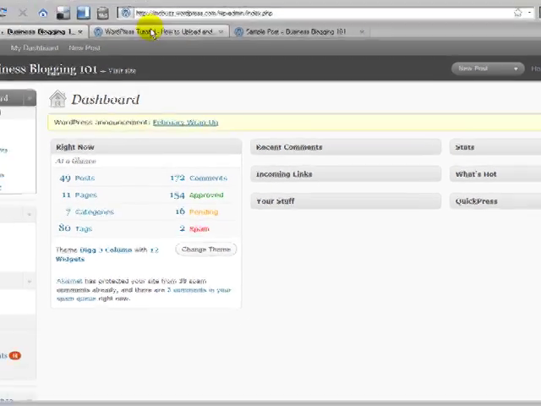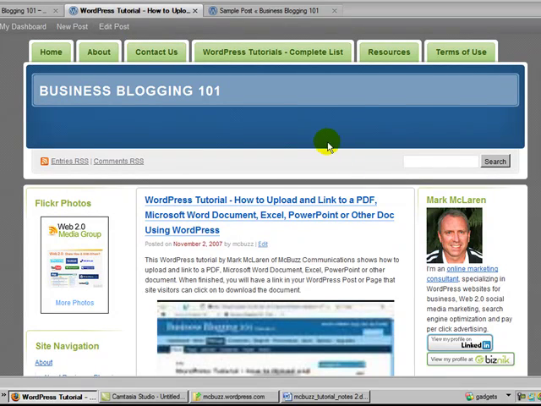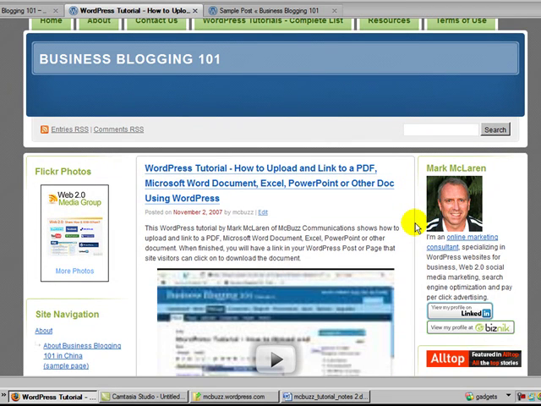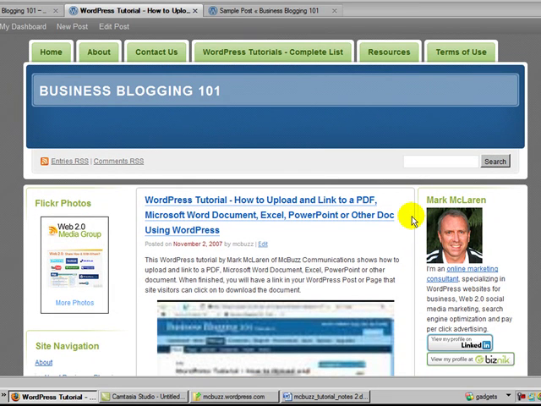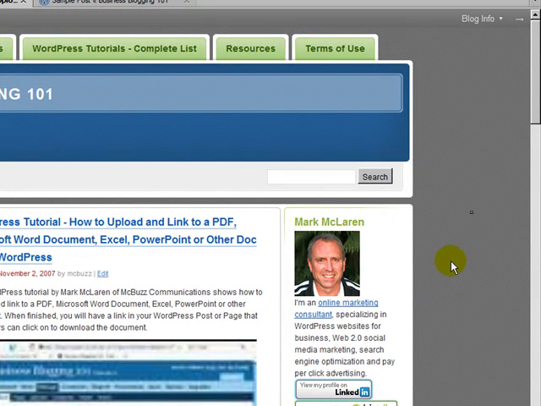This is the dashboard for Business Blogging 101. Here's the Business Blogging 101 website. And I am Mark McLaren, owner of McBuzz Communications. If you'd like more information about McBuzz, please visit Business Blogging 101. And my photo and some information is over here on the right in the sidebar, or you can go to